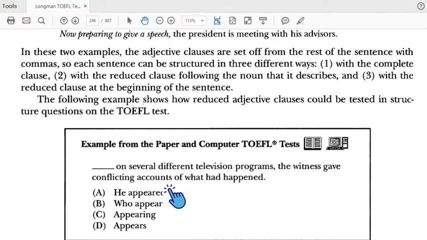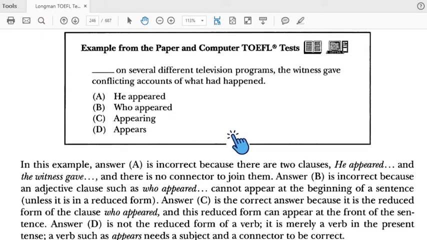Okay, on several different television programs, the witness gave a complete account of what had happened. Subject, verb. So we need a reduced form here. Okay. Of course, answer A is incorrect, because there is a subject. If we want to reduce, we have to omit the subject and the connector. What is this? This one is a connector. So between C and D. Okay, so the answer is